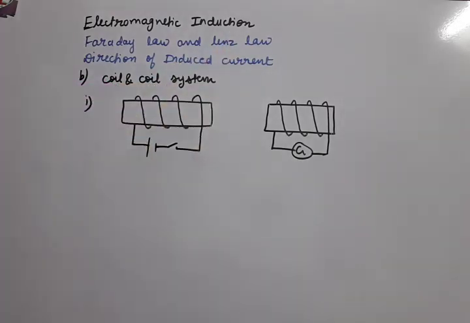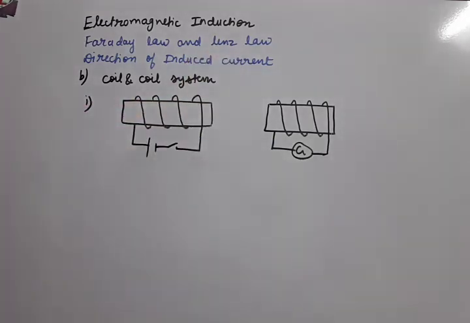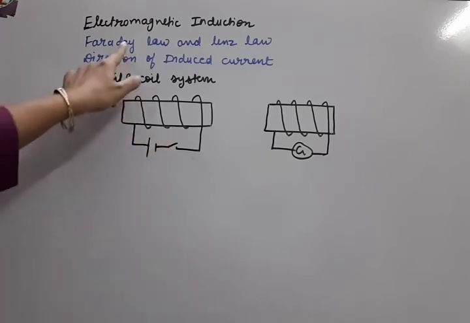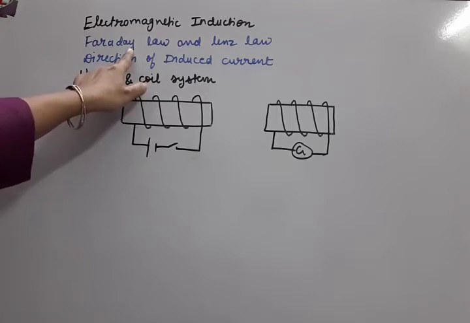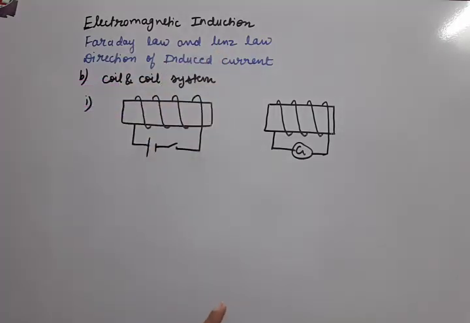Lenz's law is used to find the direction of the induced current. Let us revise the statement. Lenz's law says that the direction of induced current is such that it always opposes the cause due to which it is produced. So let us not get confused. Faraday's law tells us that induced current is produced when there is change of magnetic flux in any coil. That means whether induced current exists or not will be known from Faraday's law, and Lenz's law tells us that if induced current exists, in which direction it is.